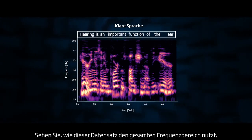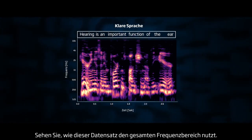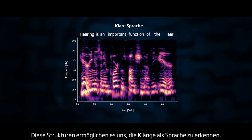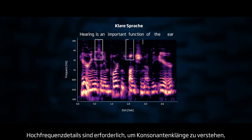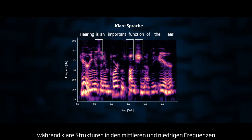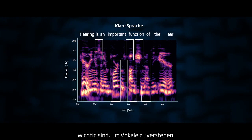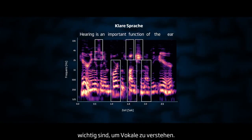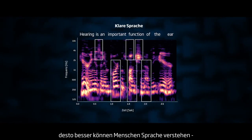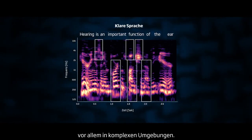See how this sentence uses the full frequency range. These structures enable us to recognize the sounds as speech. High-frequency details are necessary to understand consonant sounds, while clear structures in the mid and low frequencies are essential to understand vowel sounds. In fact, the more detailed these structures are, the better people can understand speech, especially in complex